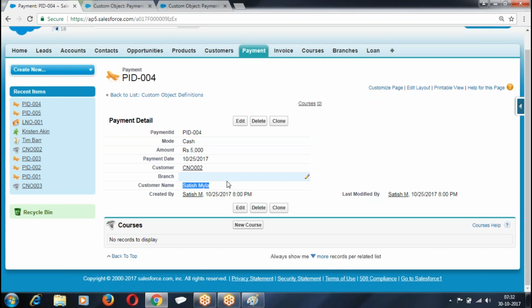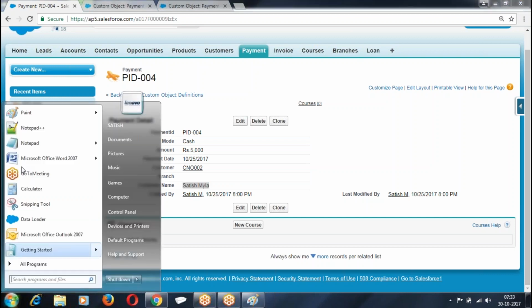Clear for everyone? Right? Now we want to continue with the validation rules. So what are these validation rules and why do we want to go for it? If you want to check whether the format of the data you are entering is compatible with the business requirement or not, it is verified by validation. Now validation rules will check whether the format of the data you entered is compatible. Now look at the format.